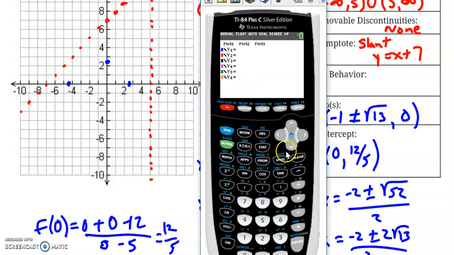Now remember, when you graph this in your calculator, you need to put parentheses around your numerator and denominator. So here I have x squared plus 2x minus 12 divided by the quantity x minus 5. And we're going to go ahead and verify it and graph it. And I'm going to point out a couple little odds and ends. So remember, your asymptotes don't actually physically show up. That's why we put them as dotted lines. But we don't have anything going on up here, which is kind of why I wanted to actually show you